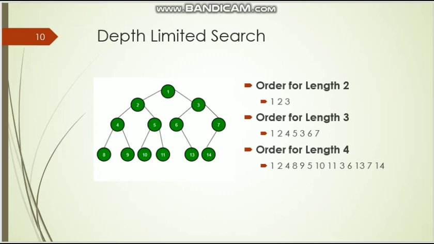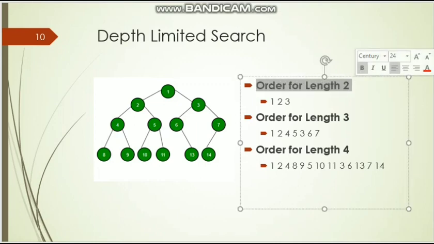So suppose the length given is 2. That means if we consider the first starting node as level 1, then the next will be 2, then 3, then 4. In such a way, some people start from 0 also. It depends. It doesn't matter whether we start from 0 or 1. So here we consider the starting node resides in level 1, and the length 2 we are giving as a limit of the level.